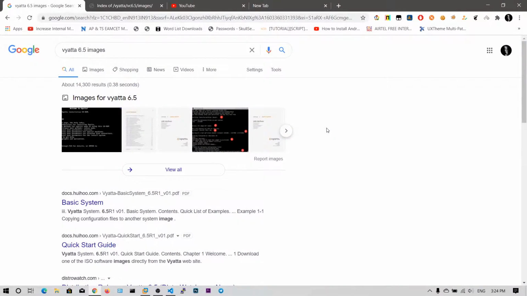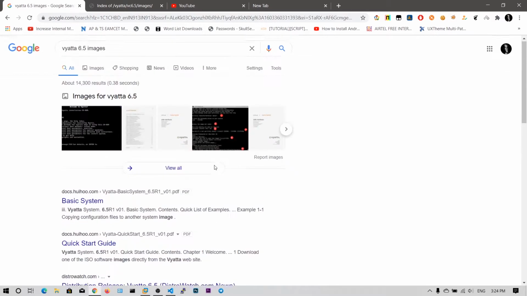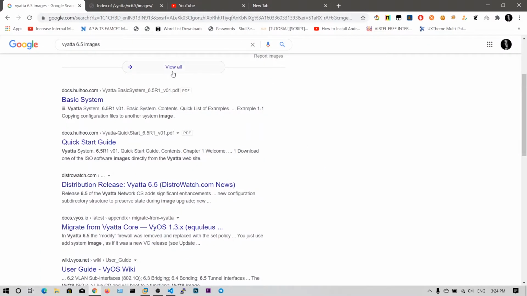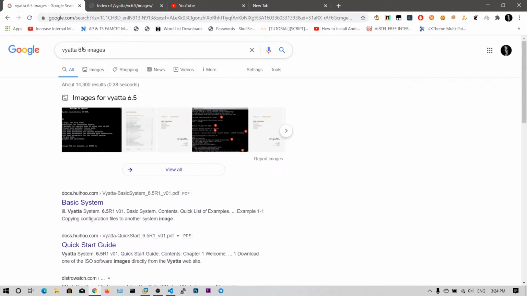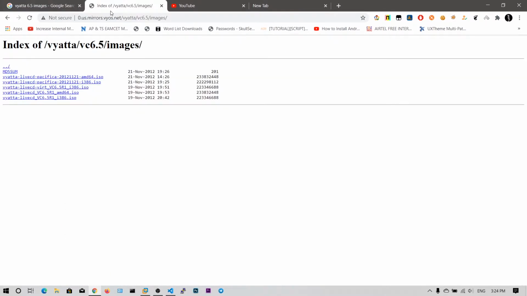So guys, in this video we are going to install a Vyatta router in a virtual machine. So this is a normal router. We cannot install this as an operating system, but we can use it as a virtual machine. So let's type in Google Vyatta 6.5 images, and you will get this website, and you can download this